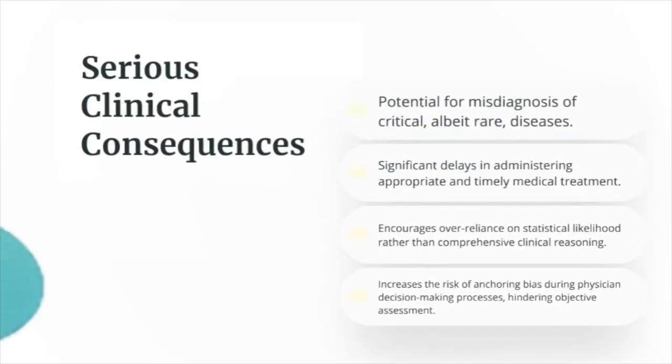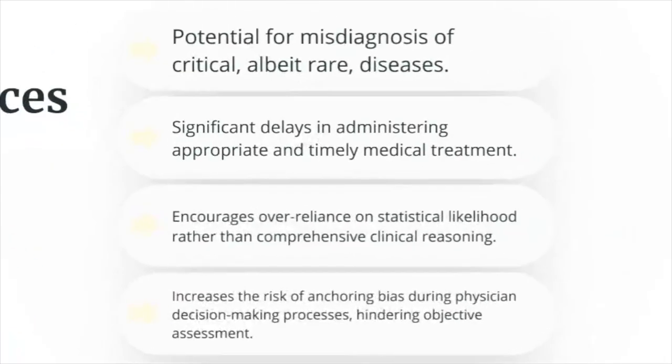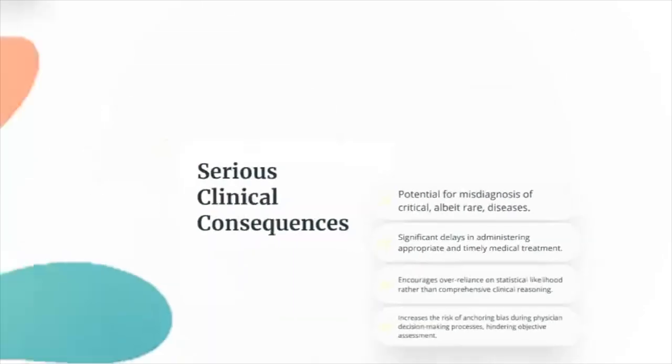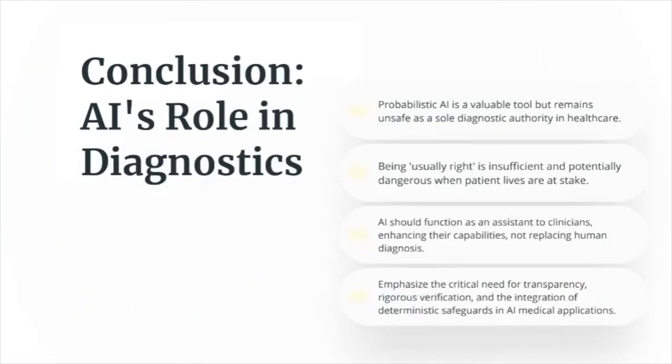When clinicians rely on probabilistic chatbots, several risks emerge. There is the danger of misdiagnosis, especially of rare or life-threatening conditions that the chatbot is statistically less likely to mention. Anchoring bias can occur, where the clinician becomes overly influenced by the chatbot's initial suggestion. Treatment can be delayed or misdirected. Patients may be falsely reassured. These consequences do not arise from malicious intent, but from the mathematical reality that probabilistic systems are not designed to reason clinically. They generate likely language, not accurate diagnoses.